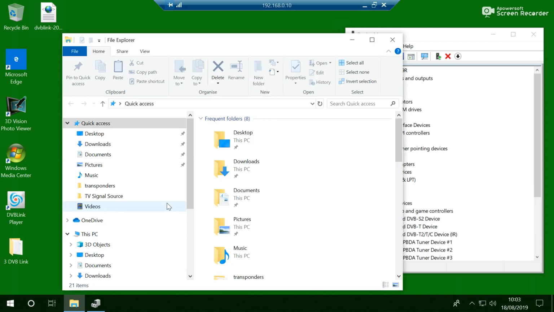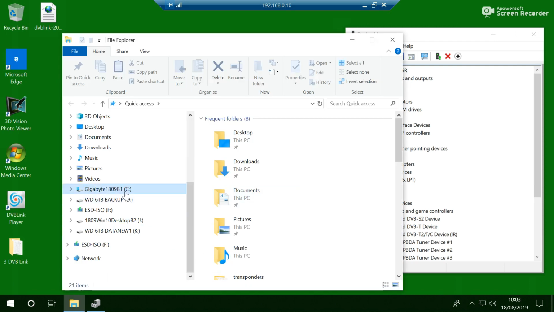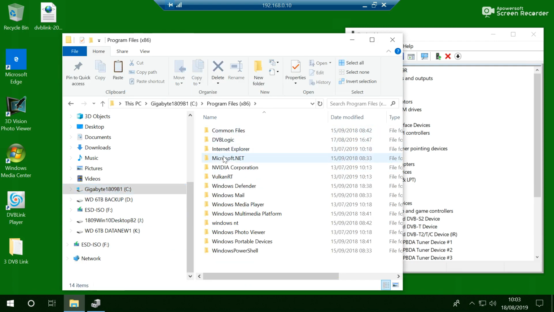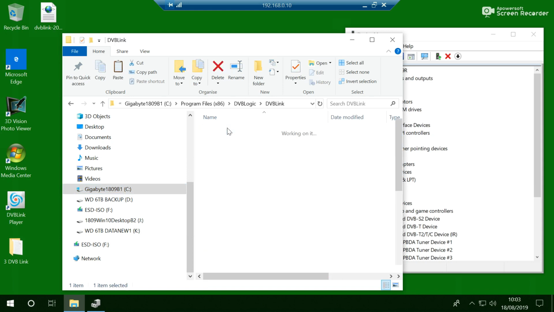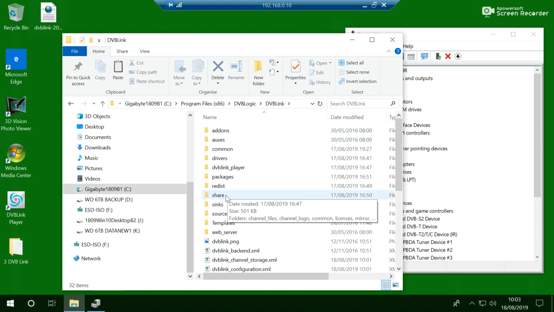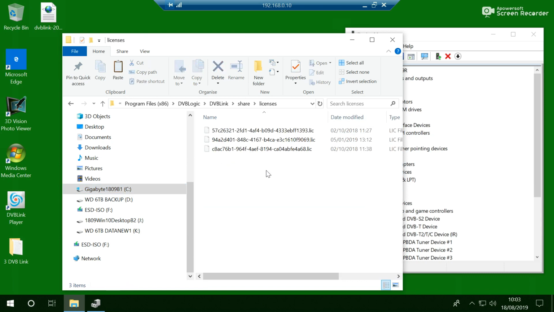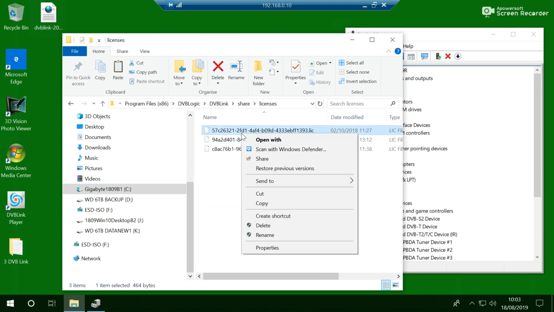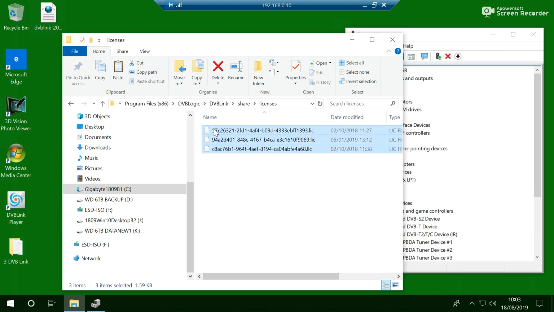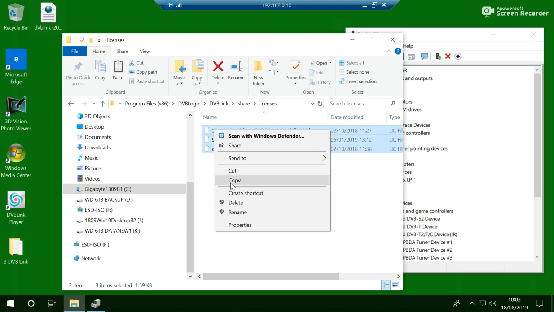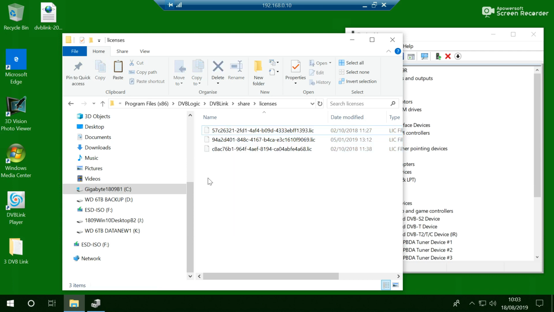To relicense it, all you need to do is go into the C program files, DVB Logic, DVBLink, share, licenses folder, make a copy of all of these licenses and drop them back into the same folder,